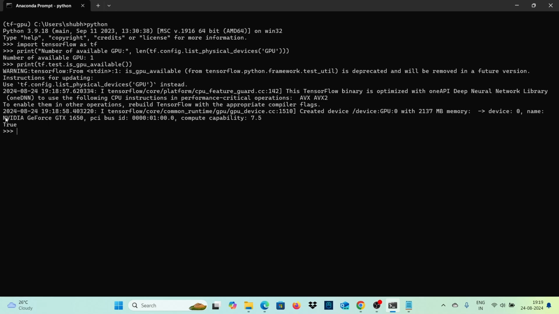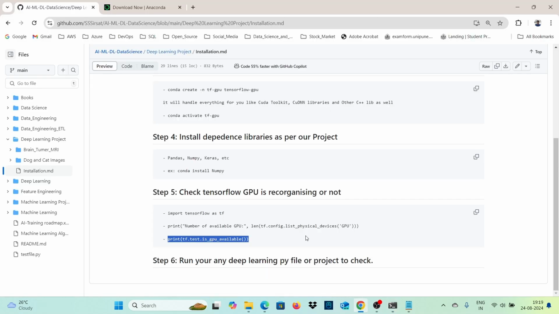So you can see it is showing us the name as well, GPU GeForce GTX 1650 Ti, and all the information related to the GPU it is showing over here. Okay, so it's fine over here. So what I will do now, I will simply exit from this Python, and our next step is that I